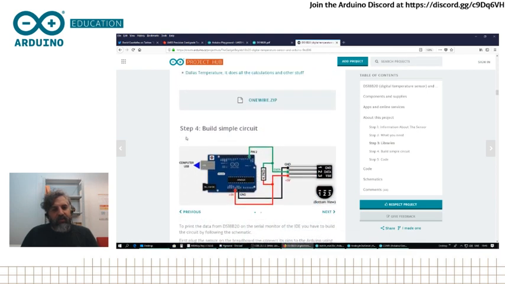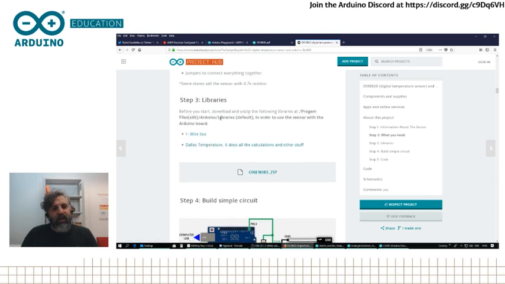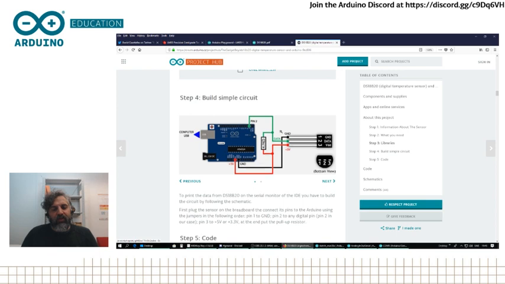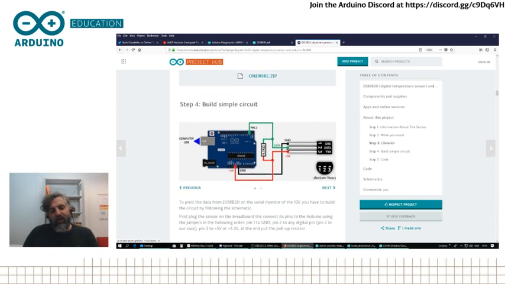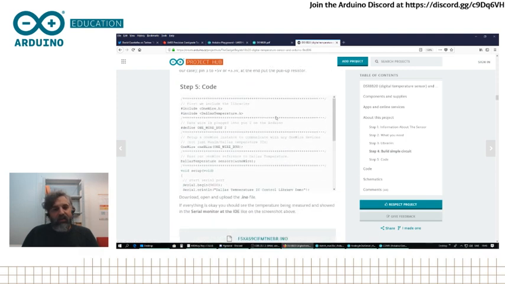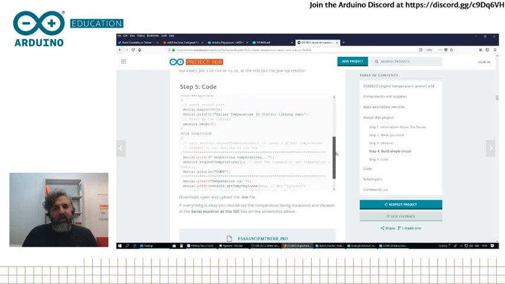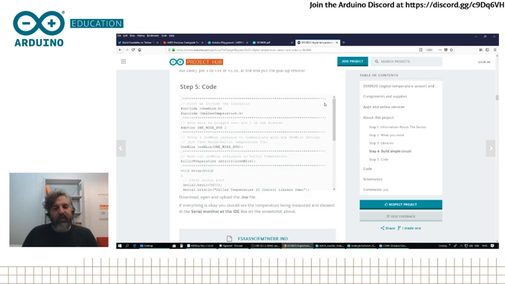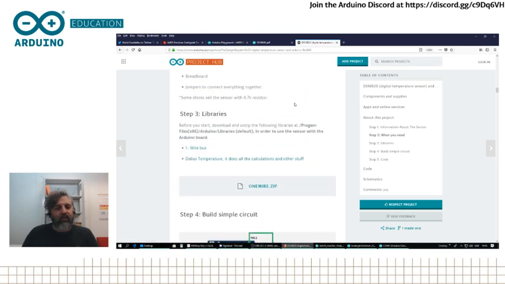Let's go down. It's using the one-wire library, so we need to install this library, and this is the way you hook it up. So it's having the signal pin that is pulling up the signal, as you see here, to 5 volts, and it's using pin number 2. And here's an example of code that using the one-wire library is going to be sending the data back. Okay, so the question is